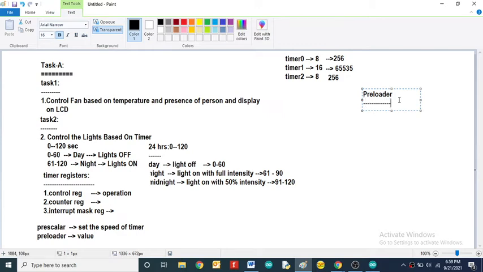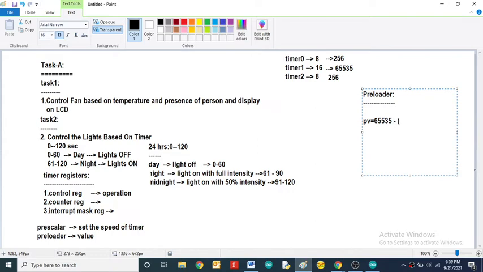On what time or what delay you are going to set, you have to set it through the preloader value. So now let's calculate the preloader value. We just have to take the maximum count of your timer, or the resolution of your timer. You are using timer 1, so that's why this is my maximum count.